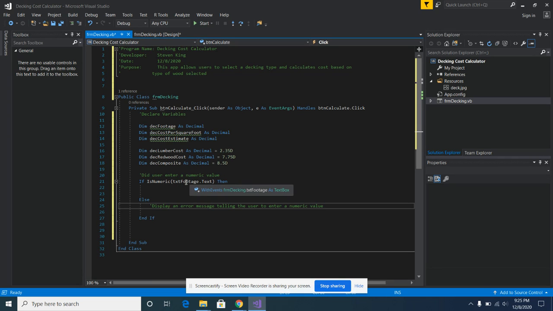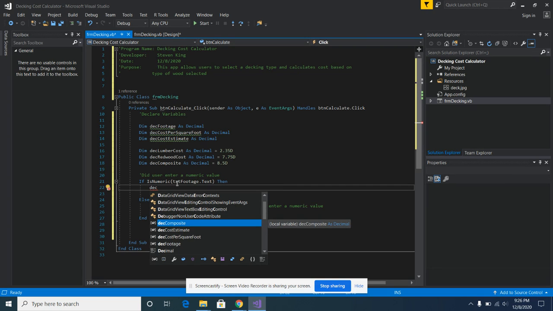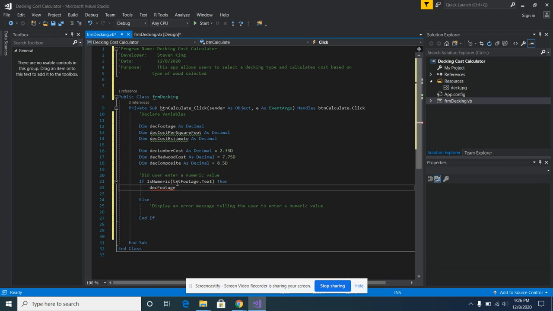So if they entered a numeric value, we're going to do the calculation, or do some more checking and then do the calculation. If they haven't, then we're going to tell them to enter a numeric value. And I like to put my Else statement in there when I put my If, and just put a placeholder, and then I'll go back later and enter the code in here. Okay. So now we know it's numeric, so we don't have to worry about getting it as a string or anything because we know it's been entered as numeric. So what we can do here is just say desFootage, use our variable we created here. desFootage is equal to